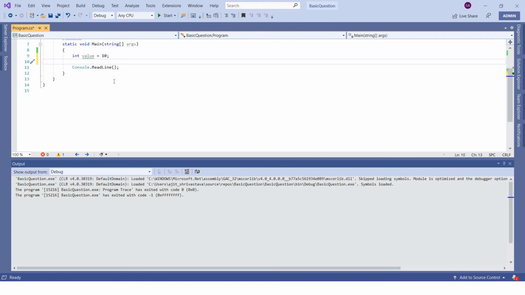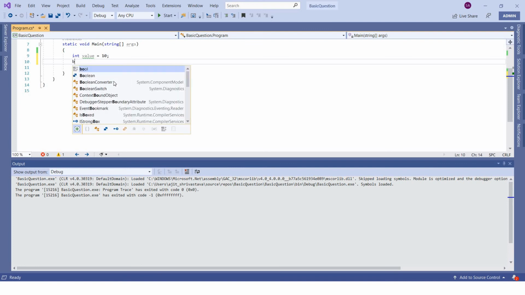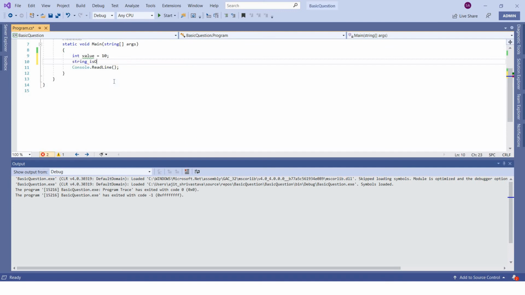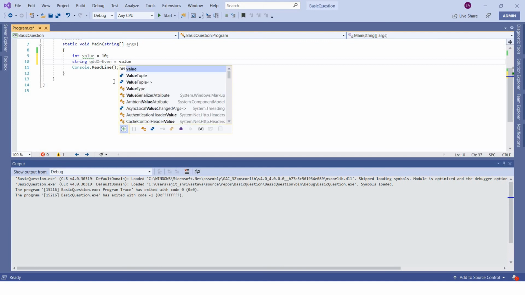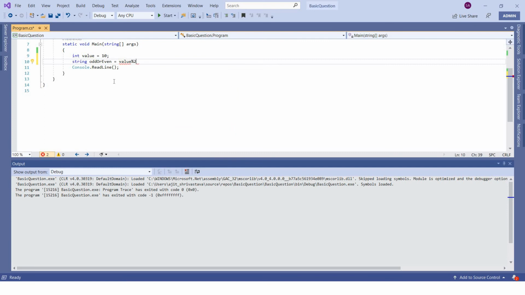To do this, let's have a string value odd or even. To assign this, I'll do value mod 2. How do we identify that this is an even value? If mod 2 becomes 0, that means it's even, otherwise it's an odd number.